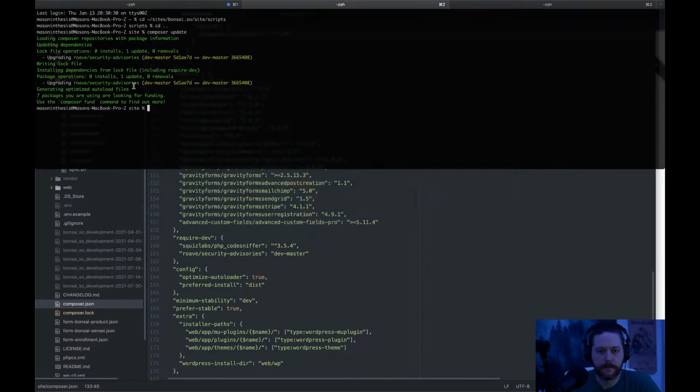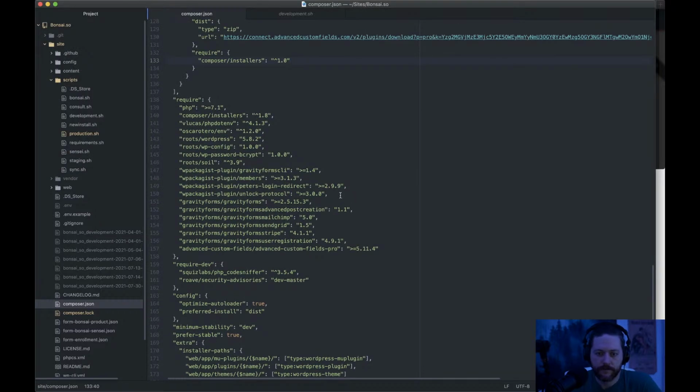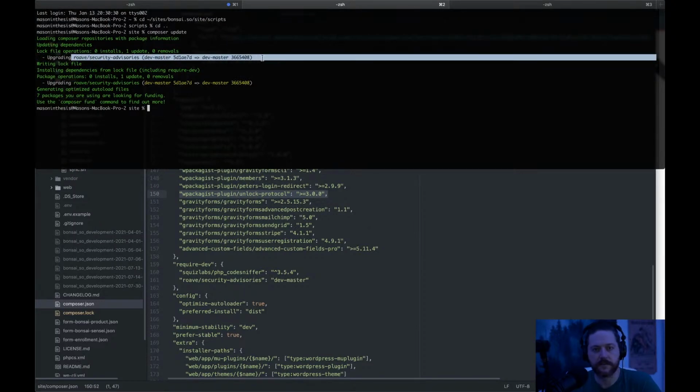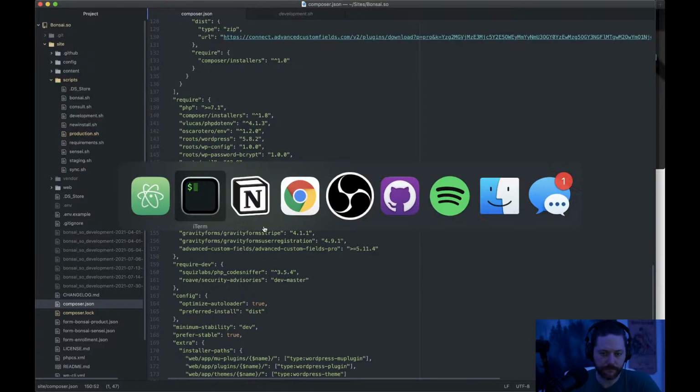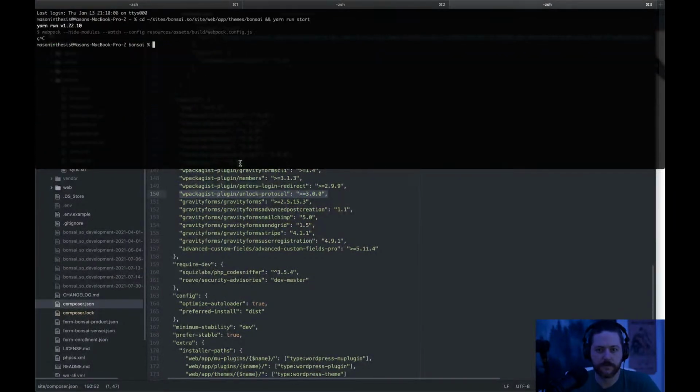All right, upgrading security advisories, and that's good. So if you had just added this line to a Composer project, you just save it, run Composer update, and it would say that it had just installed Unlock Protocol. Now we can verify that by coming into